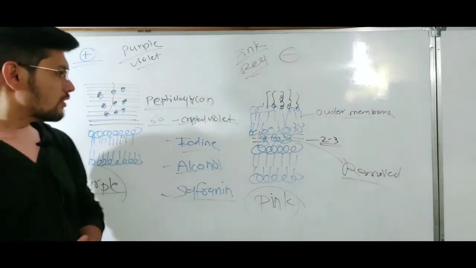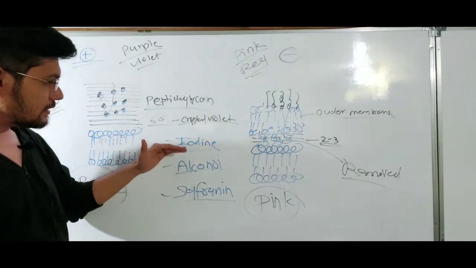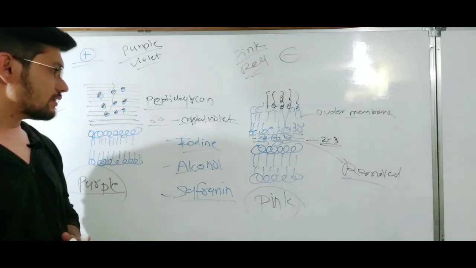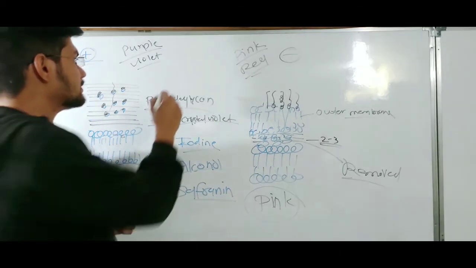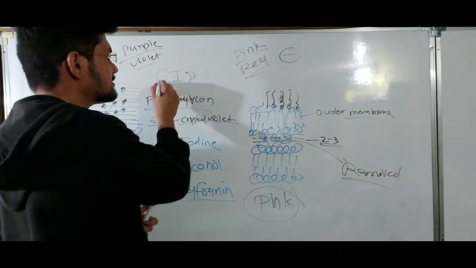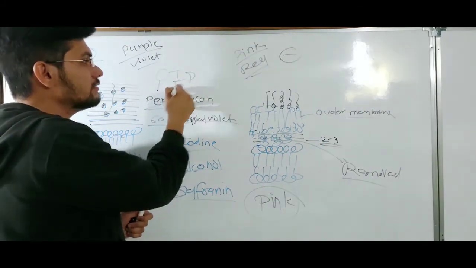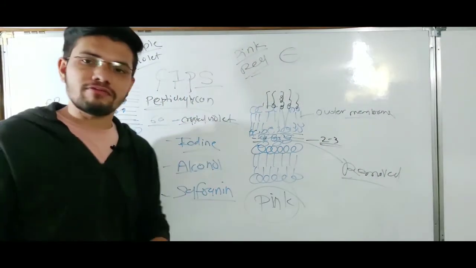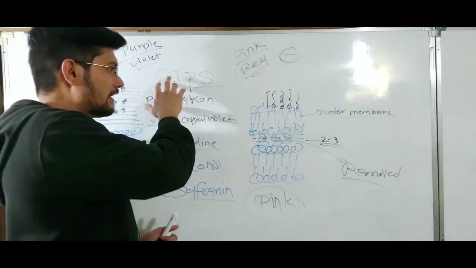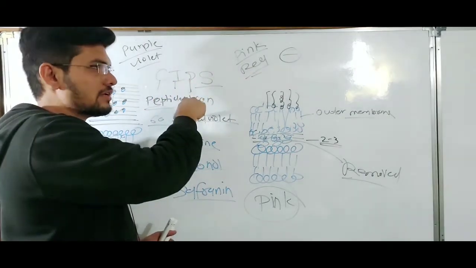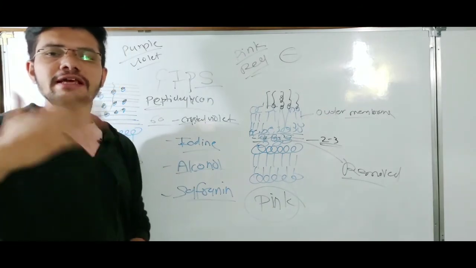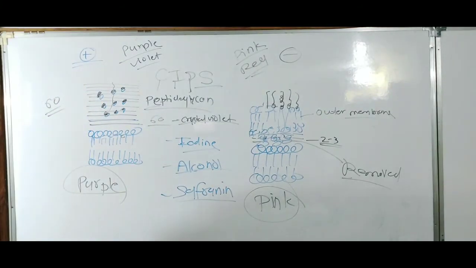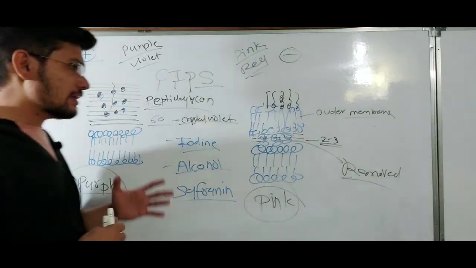Okay, so if you want to remember the sequence of the addition of different stains, just remember CIDS: crystal violet, iodine, decolorizer, and safranin. Crystal violet, iodine, decolorizer, which is alcohol, and safranin. CIDS, gram staining. So I hope this is helpful to you,